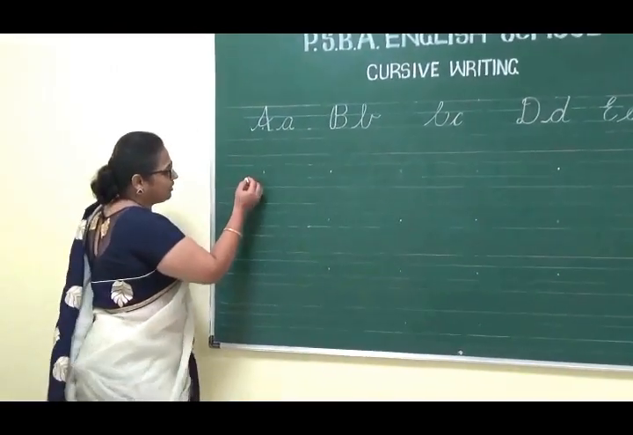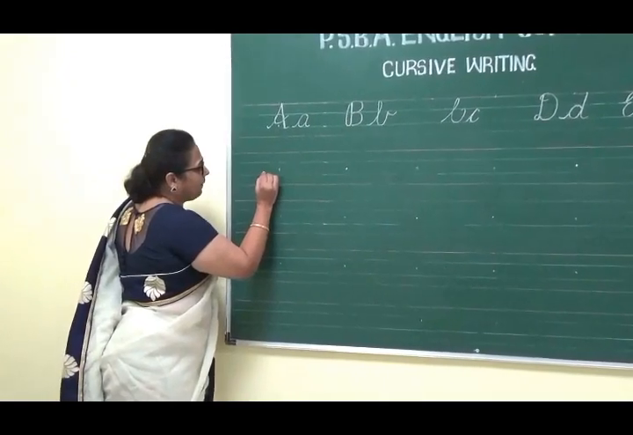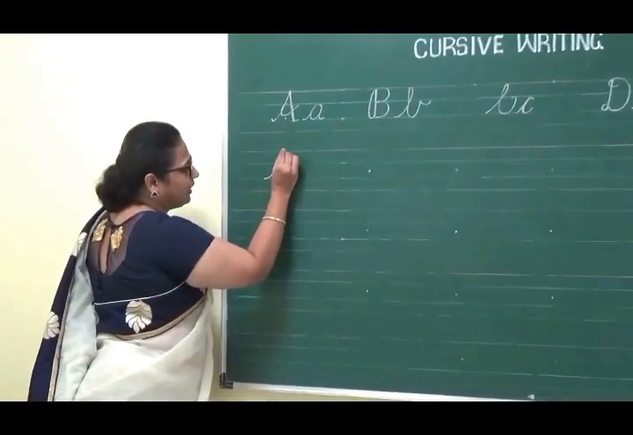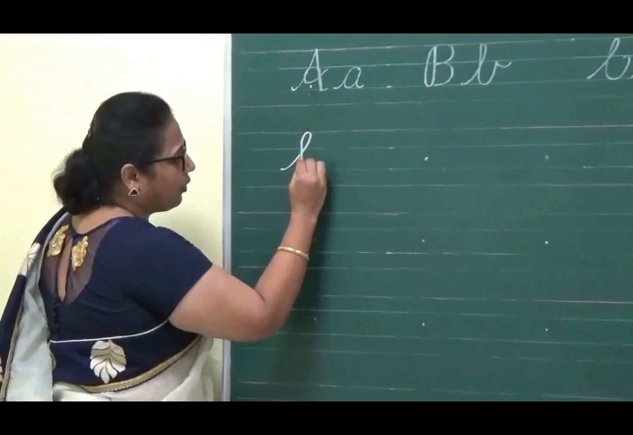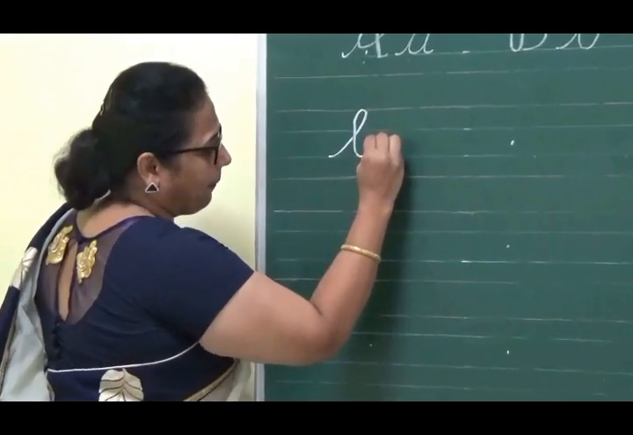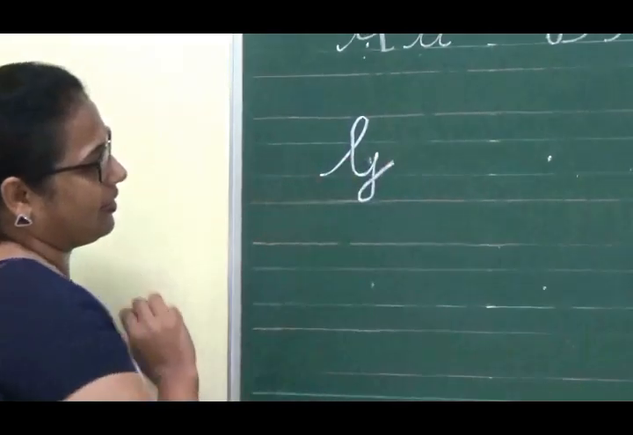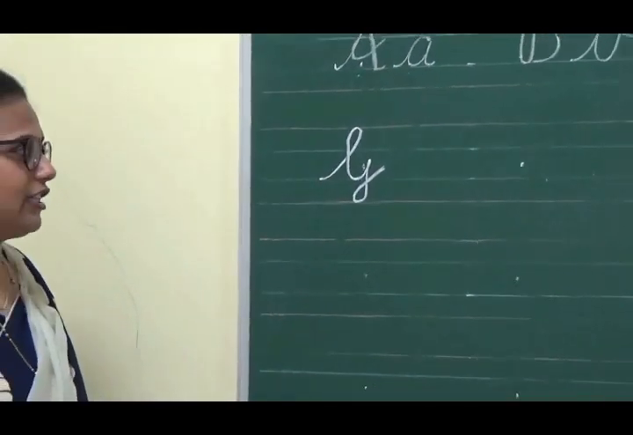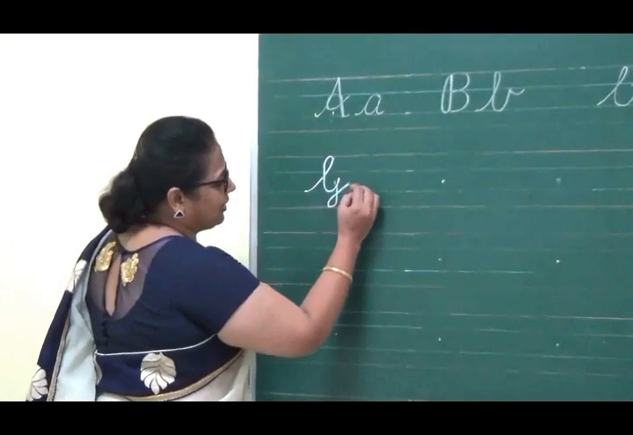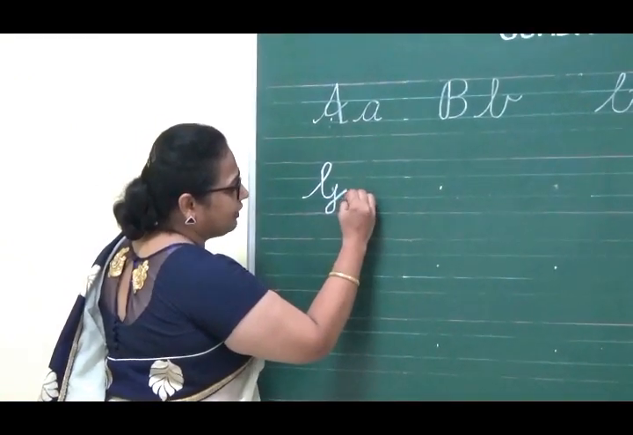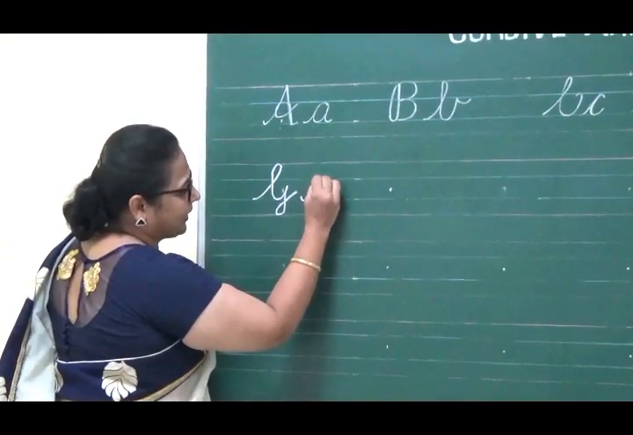G goes like this. From the third line up to the first line, come down, again go up, come down to the fourth line and a bubble like this. This is capital cursive G. And the small cursive G is from the third line to the second line, a